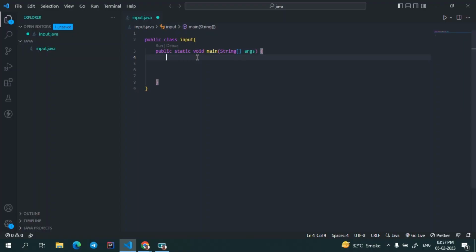In this tutorial, we will learn how to take input from user using scanner class. First of all, we will create a file. File name is input.java. After that, we will write a class, and inside we will write our main method, public